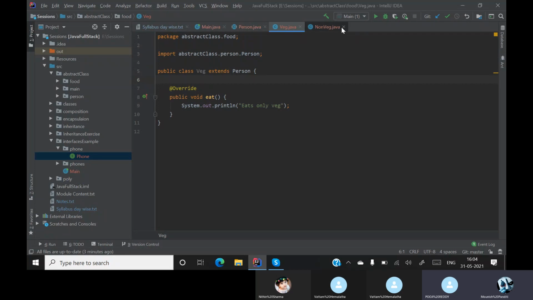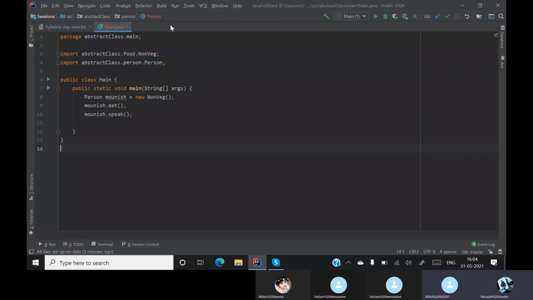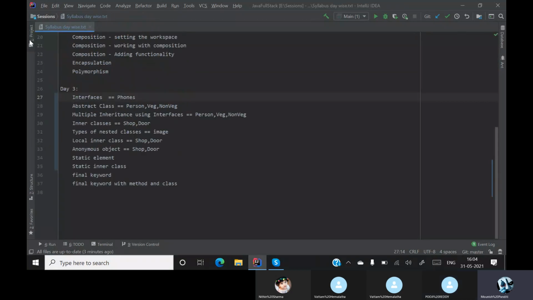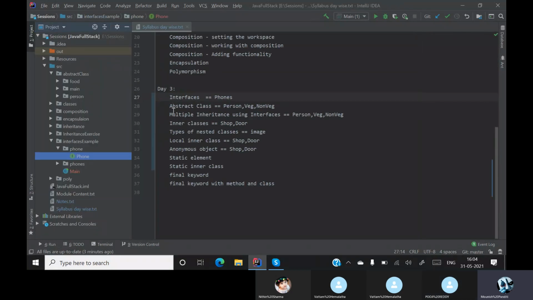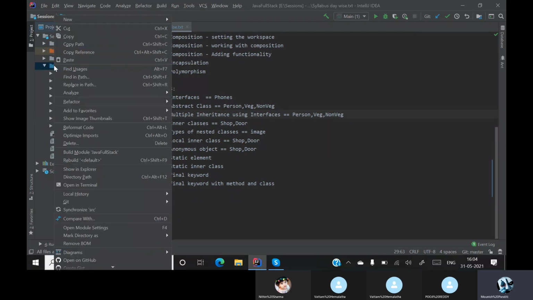Now I hope everyone understood. Okay, now where are we? We completed these two. Let's go to multiple inheritance. Is it possible to have multiple inheritance in Java?